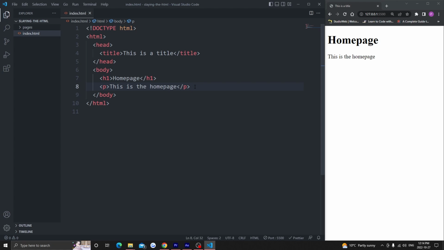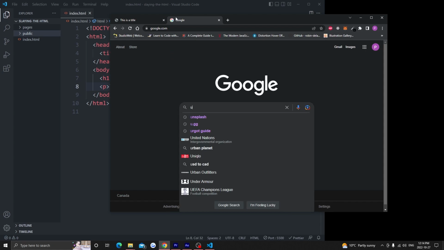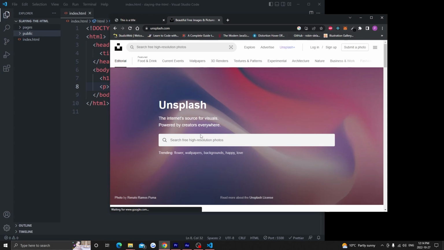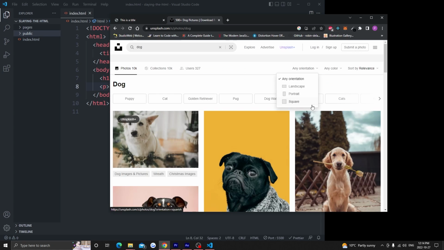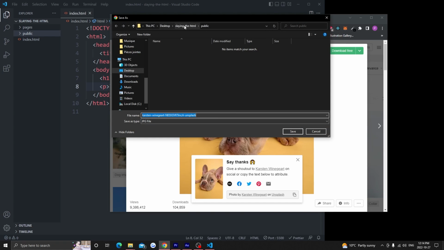Before we start using it, over on VS Code, I'm going to add a new folder to my root directory called public, but you can call it whatever you want. I'm going to put images in that folder. I'm heading over to unsplash.com to find myself a stock picture I want to use. This one looks fine. I'm gonna download it, save it inside my public folder, and rename it to something simple